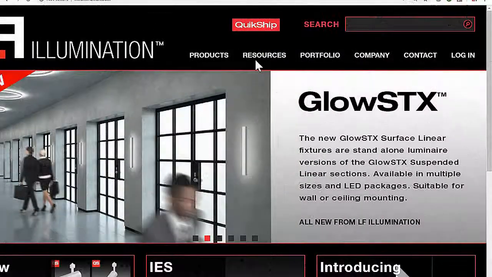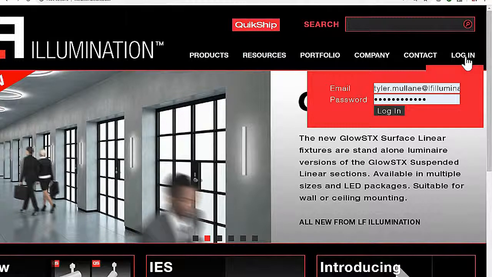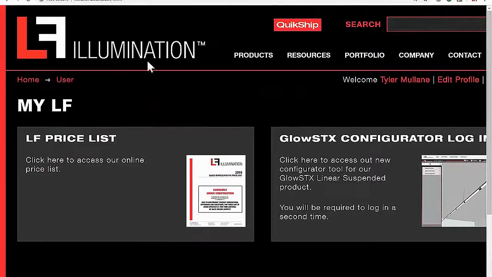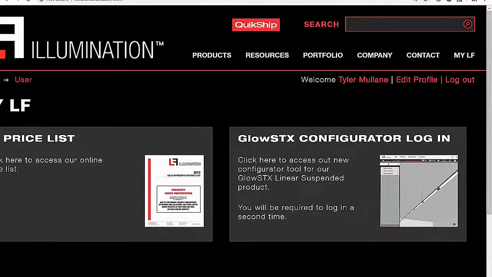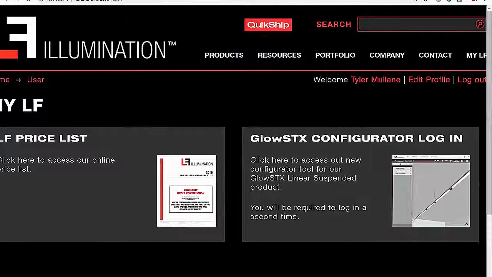So to get to the GlowSTX configurator, you're going to go to lfillumination.com. You're going to go to your login page, where the login is already set for me. I'm going to log in to the login page. Now, if you have access to our price list, which our agencies will have access to,